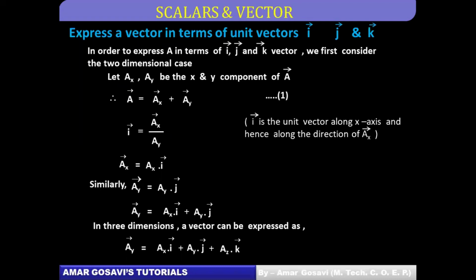So this is the way we represent any vector, say A bar, in 3 dimensions. Now in our problems, this A bar can be a force vector represented by F bar. It can be a displacement vector represented by S bar. It can be a velocity vector represented by V bar. So all these quantities are to be represented in 3 dimensions, friends. So this is how you represent a vector.